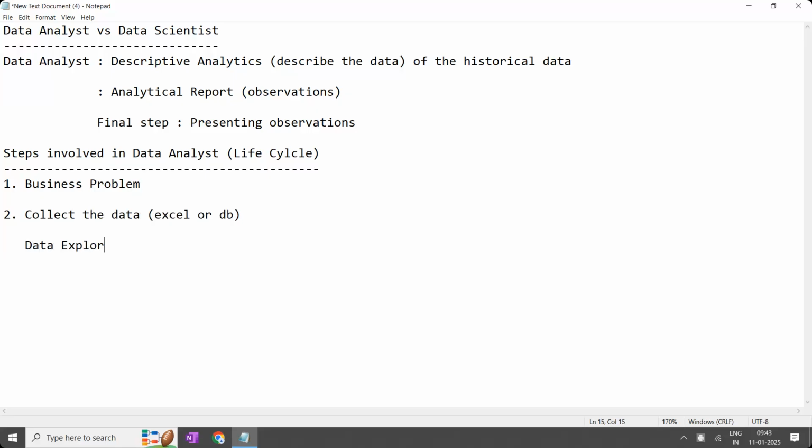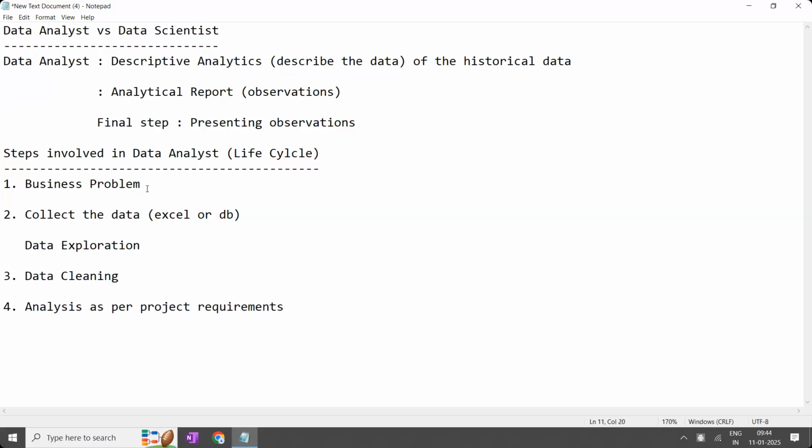From that, they do the data cleaning, which includes dimension reduction also. After the data cleaning, they do the analysis as per project requirements, with respect to the business problem.